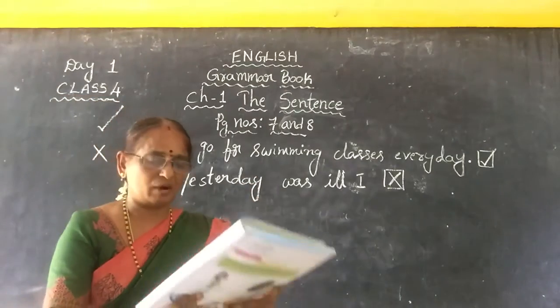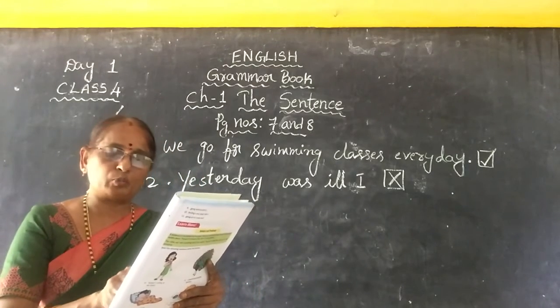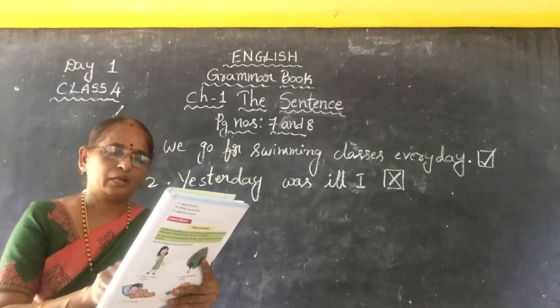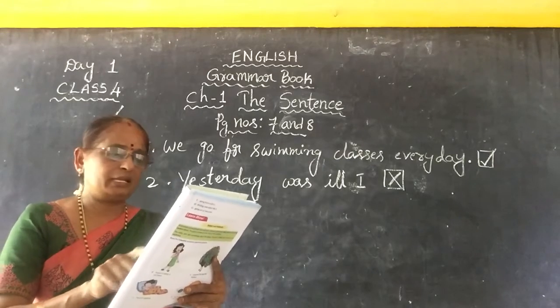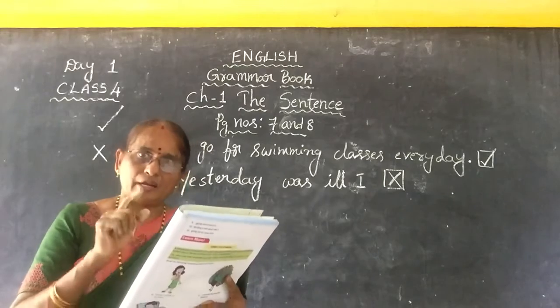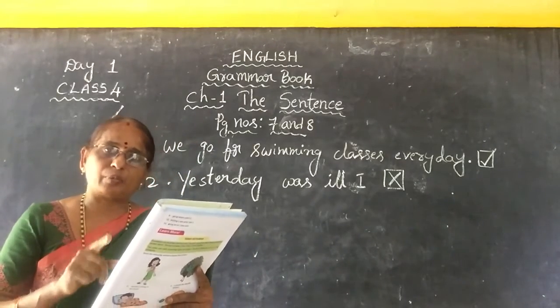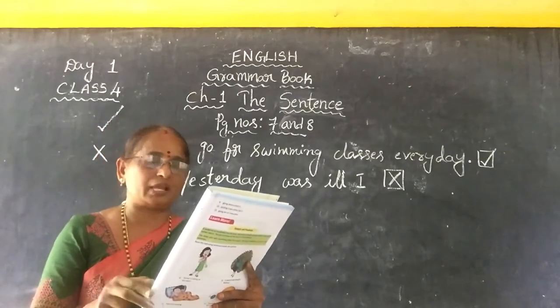3 sentences are given. What are these? You know. Read the heading first here. Rewrite the following group of words as proper sentences. Begin the sentence with a capital letter and end with a full stop or a question mark or an exclamation mark as required. Remember, proper nouns also begin with capital letters.